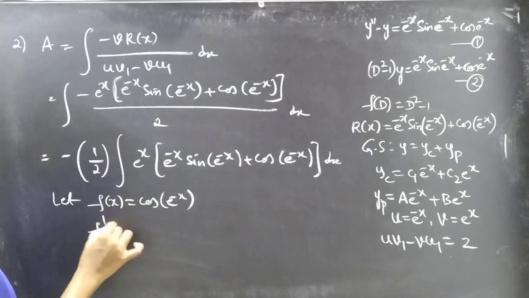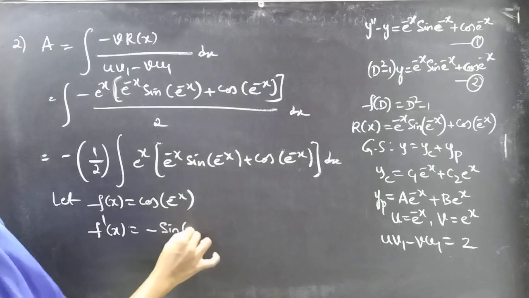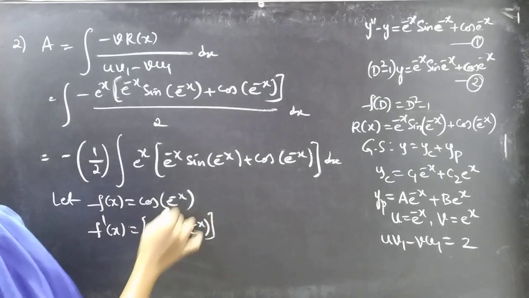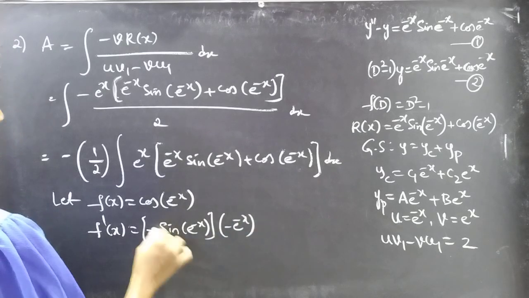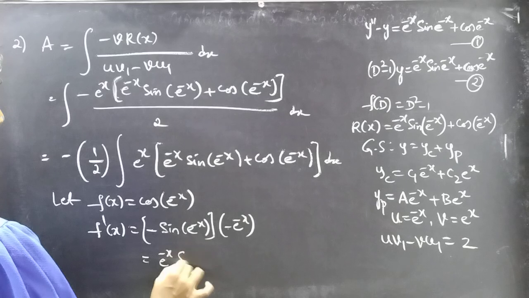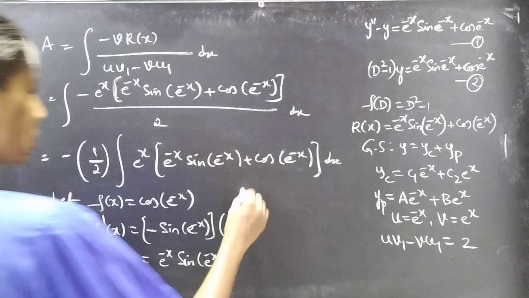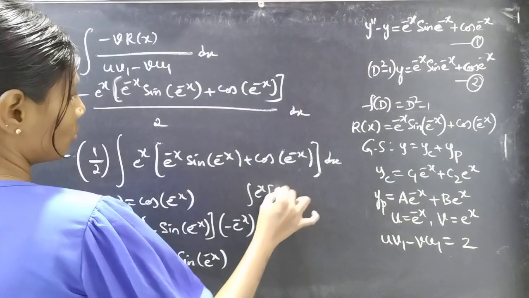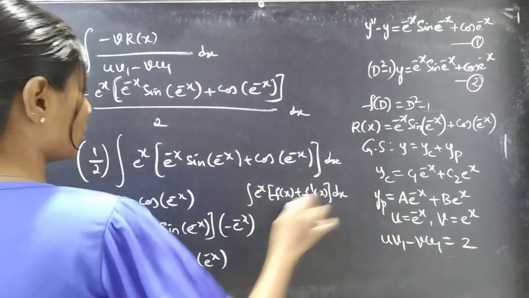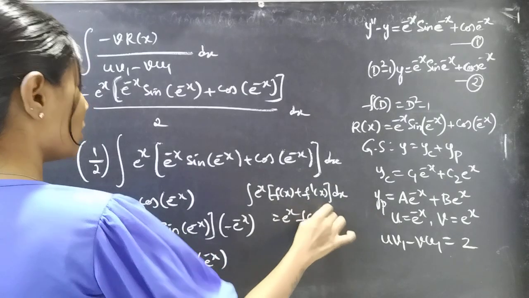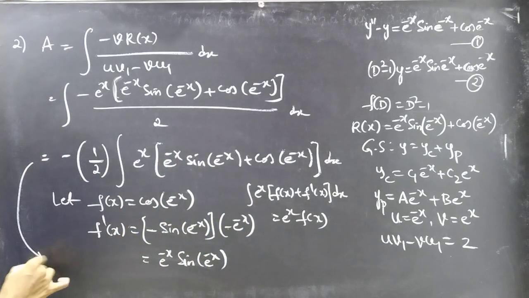Then f dash of x equals the derivative of cos e power minus x, which is minus sine e power minus x into the inner derivative of e power minus x, which is minus e power minus x. This gives us minus into minus, plus e power minus x sine e power minus x. Since we know that the integral of e power x into f of x plus f dash of x into dx is e power x f of x,